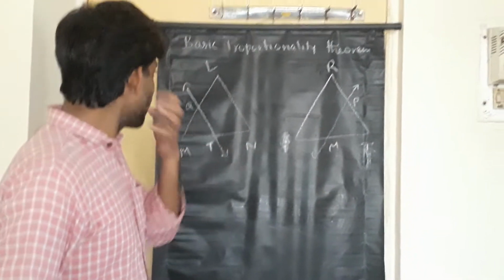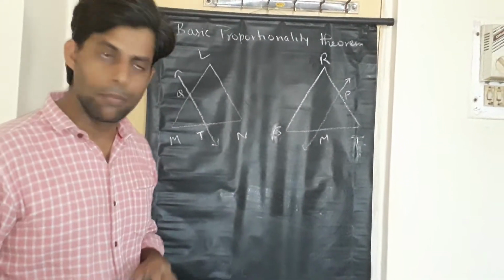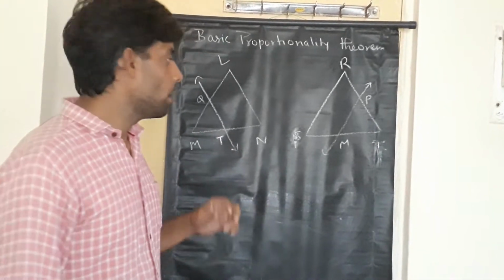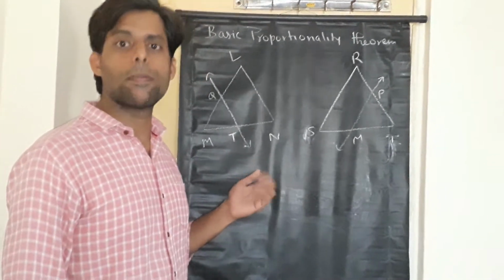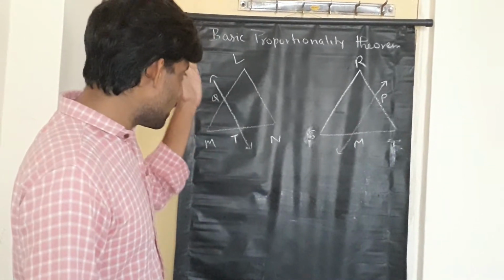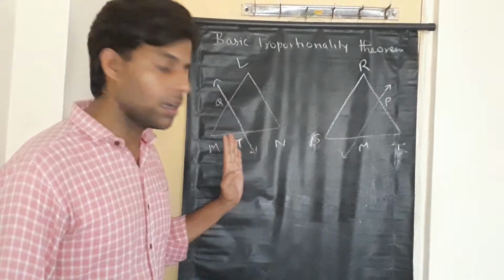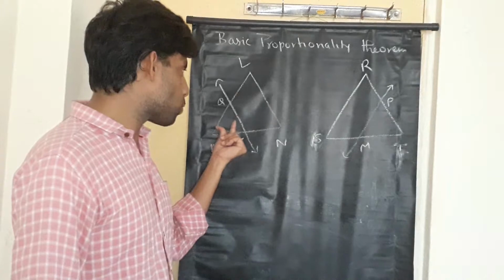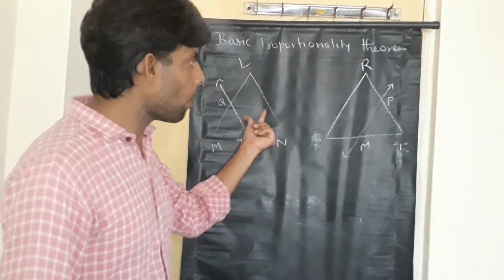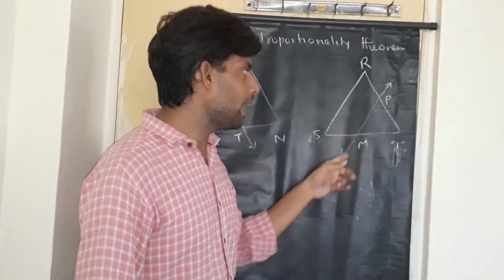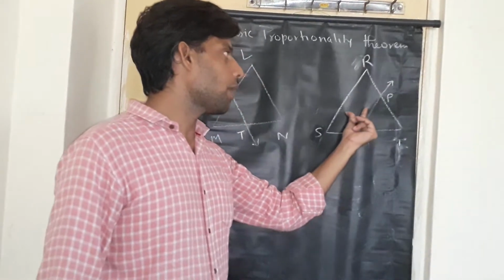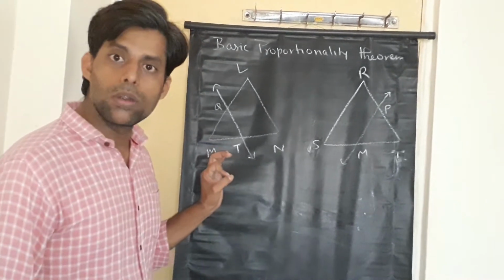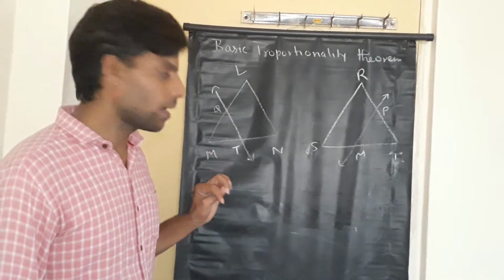Okay students, now we are going to learn how and when we can apply BPT. BPT is applicable only when there is a line parallel to a side of a triangle. I will give you a few tricks on how easily you can apply BPT. As soon as you draw a line parallel to a side of a triangle, you will find that the line actually divides the triangle into two sections. One is the triangle part, the other one is what? The quadrilateral part. In the second figure also you can see that the line divides it into a triangle part and the other as what? Quadrilateral part. So what we are actually going to do, we talk about that vertex which contains the triangle, right?